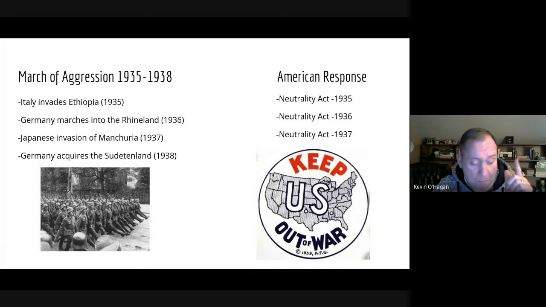We won't loan money or give credit to any belligerent country. But it leaves the door open for us loaning money or giving credit to a country that's acting in its own defense or the defense of somebody else, right? So what I think we need to understand here is that Roosevelt, the internationalist, recognizes how things are unfolding in Europe.